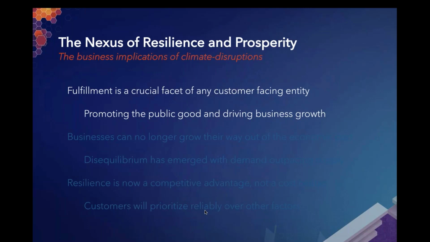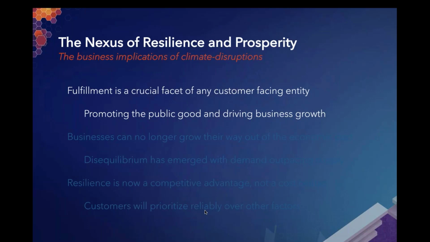So what's changed? I was just recently asked why we're having this discussion now in 2021 and what's changed in the minds of executives. Well, it's now the case that the disruptions we're facing as a business community are far greater than we can overcome with those static risk mitigation strategies. We're at the nexus now because of just the sheer frequency and severity. Resilience has now become a competitive advantage. It's a way forward for prosperity.